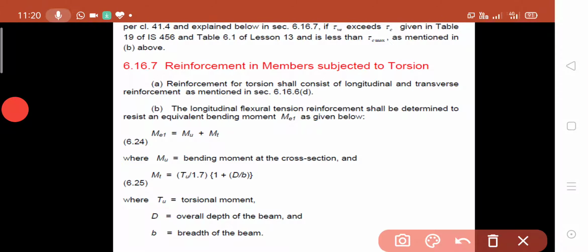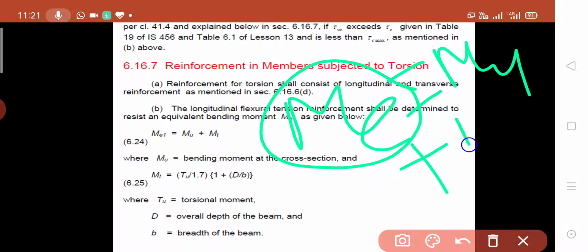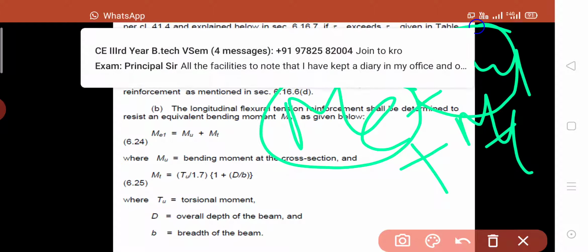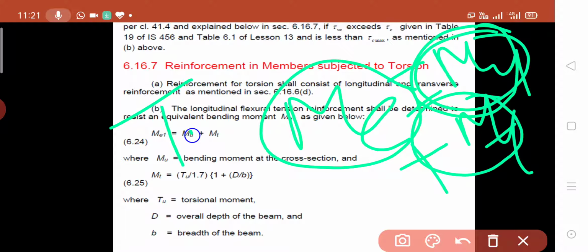ME1 is the first equivalent moment, which is MU plus MT, where MU is the bending moment at the cross section, and MT we find from the formula according to the Indian Standard Code,